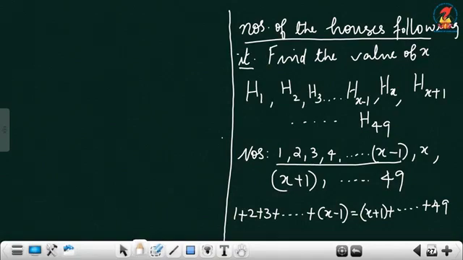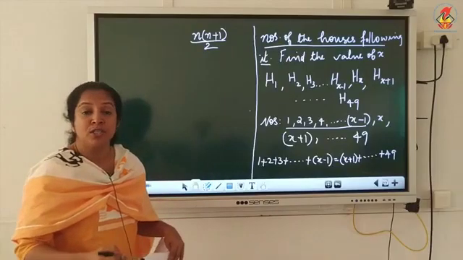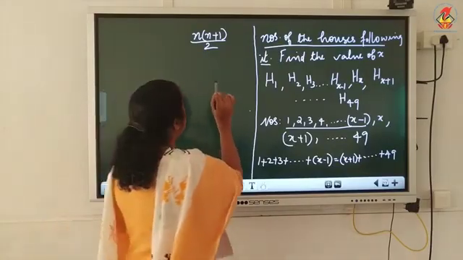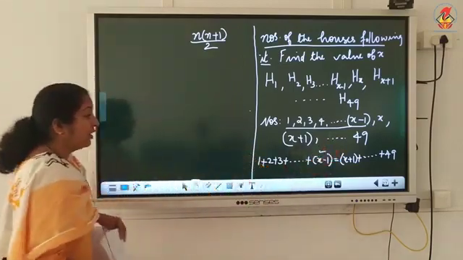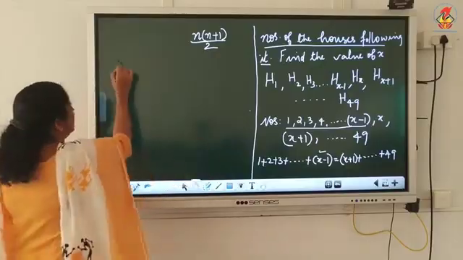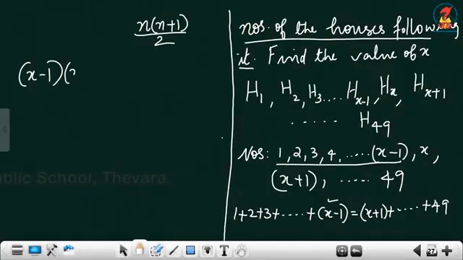See, 1 plus 2 plus 3 plus etc. plus n, the sum of first n positive integers. I have given a formula for that. That is equal to n into n plus 1 by 2. So we can apply the formula here. Here x minus 1 terms are there. So x minus 1